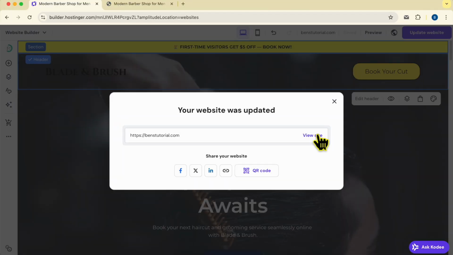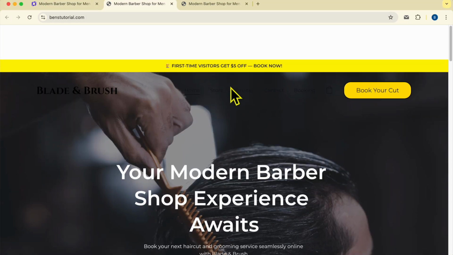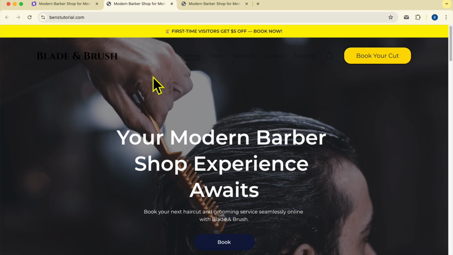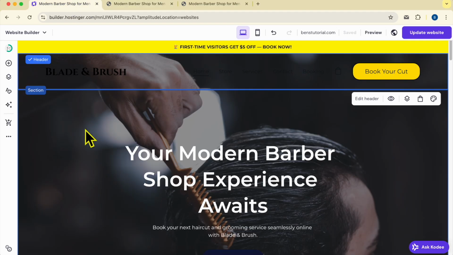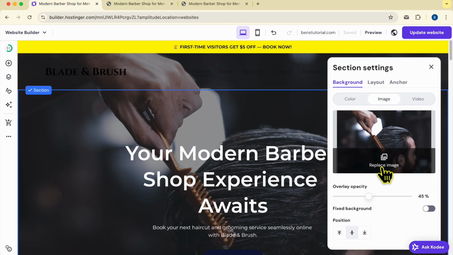To publish this change live, click on View Site, and now this is how to make your header transparent. As you see, since this section background photo is dark, let's change this section background photo to make this transparent header easy to see. Click on this section, click on Edit Section, and now instead of a photo, I will